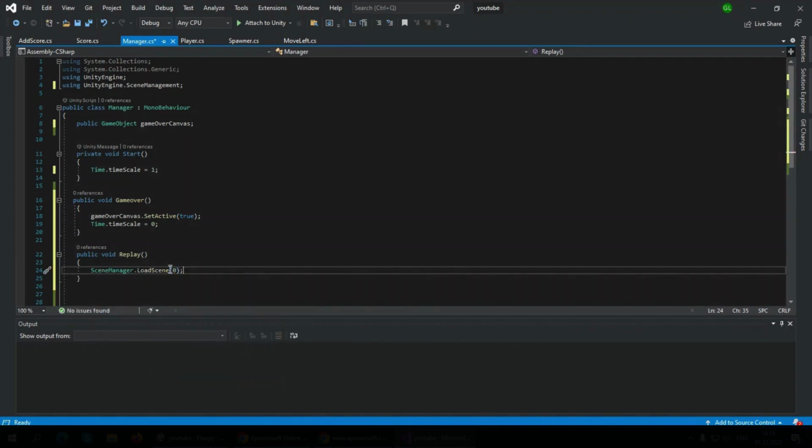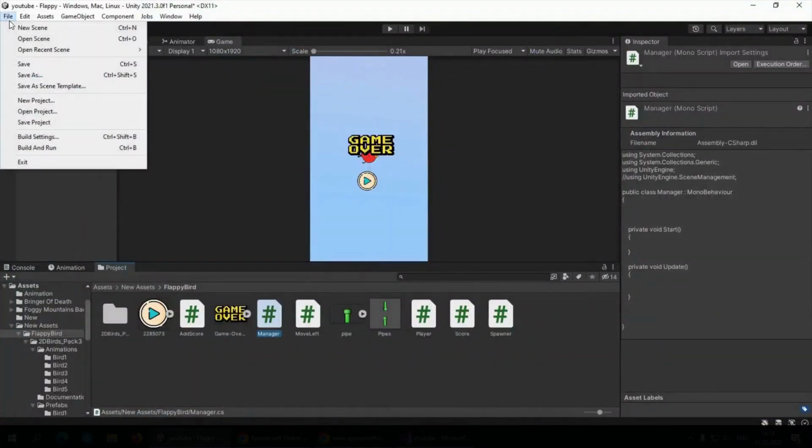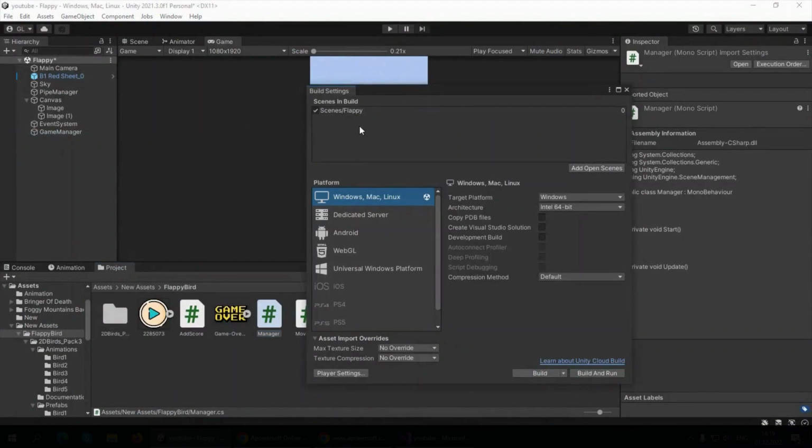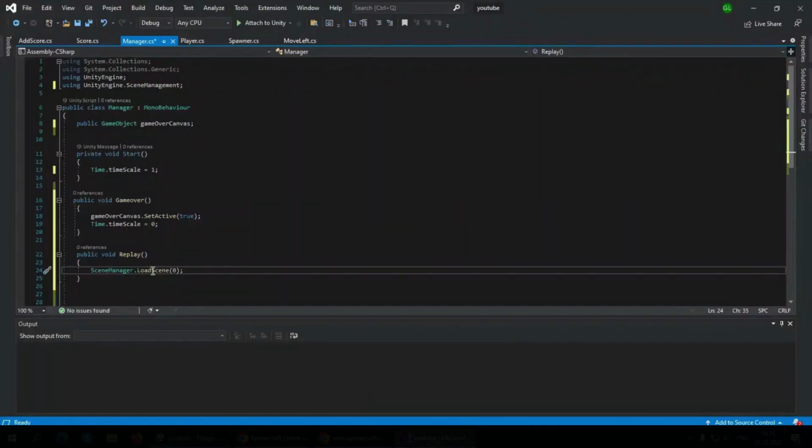Now what does this mean? This 0 is the index. Every scene in our game has an index. If you go to File and Build Settings, you see that our Flappy, which is our scene name, has an index of 0. If you don't see any scene, like if your build settings are empty, just click on Add Open Scenes and it will add the current scene. And the index is 0, that's why we are passing index 0 here. So basically when we click on the replay button, our current scene will reload and we will restart our game. So let's click Save,